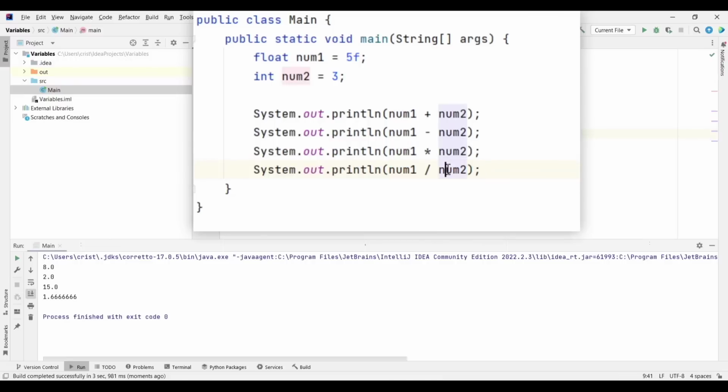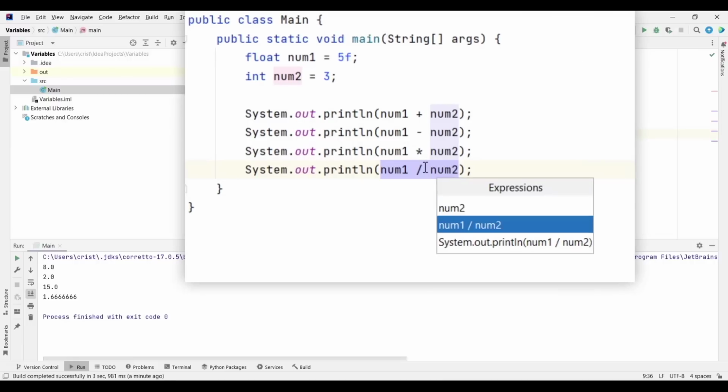And you can also check to see if something is an expression by typing, I think, Shift Control P. If you click on this, you have two options here.